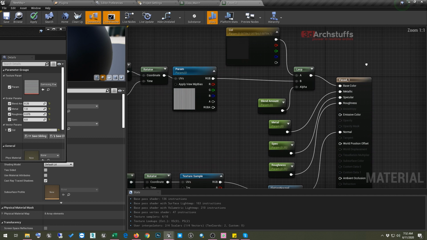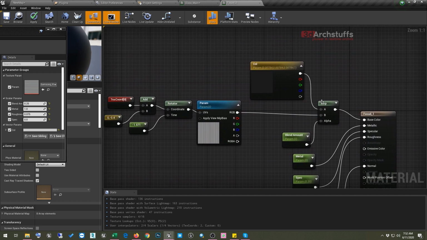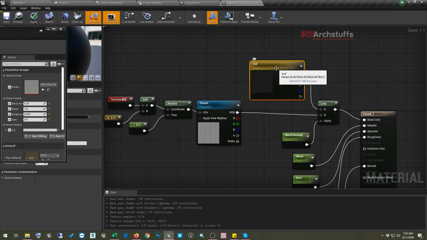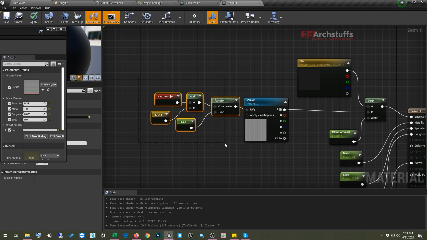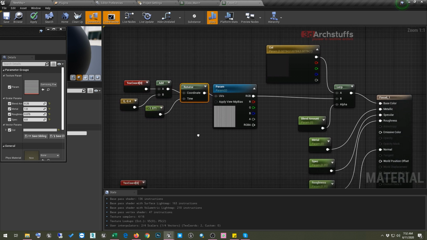What we have done on this material is I have given a lerp so that I can blend the color with this texture, and I have given a rotation on this texture so that we can rotate the angle of the texture by using texture coordinate and then constant 2 vector, and then add, and then this rotation, and then this value of that one constant.